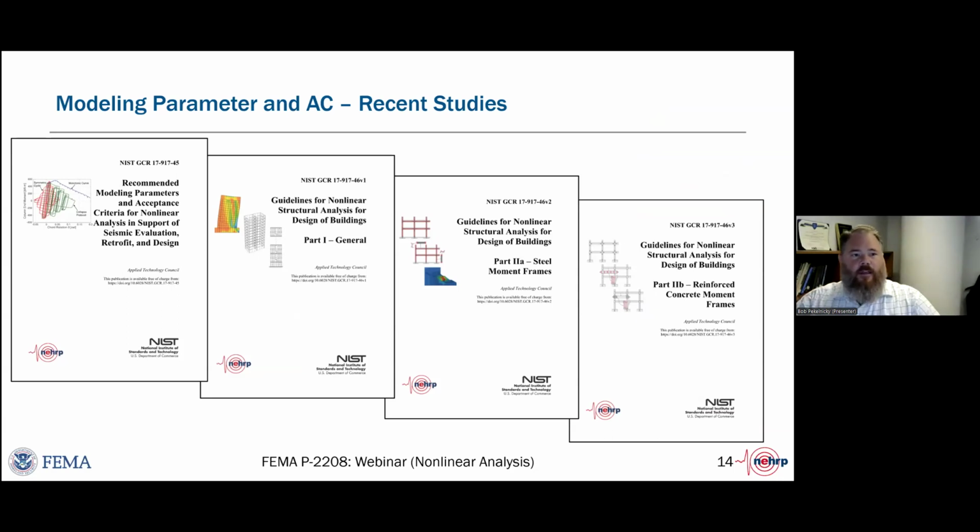Because one of the things that is maybe not known is that a lot of the modeling parameters and acceptance criteria are unchanged from FEMA 273, which means they haven't even been updated to go from a second cycle to a first cycle envelope, let alone be updated with 25 years of additional component testing and research.